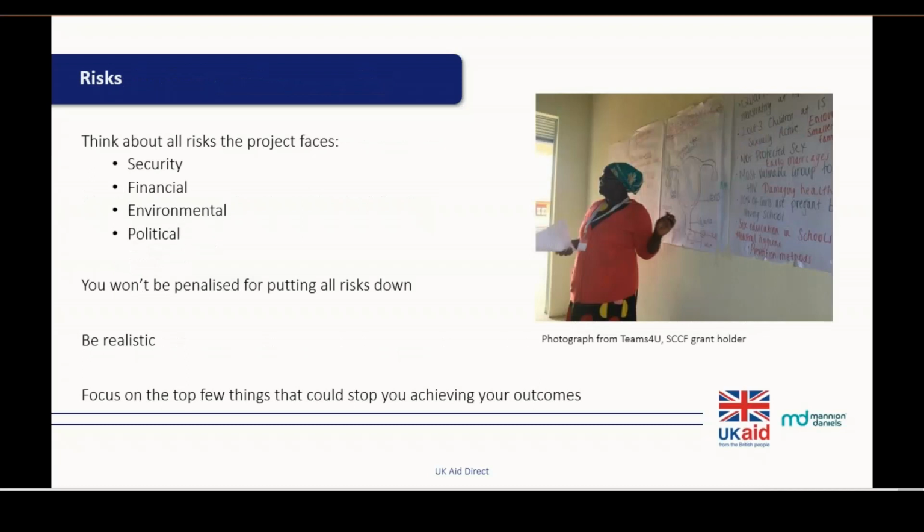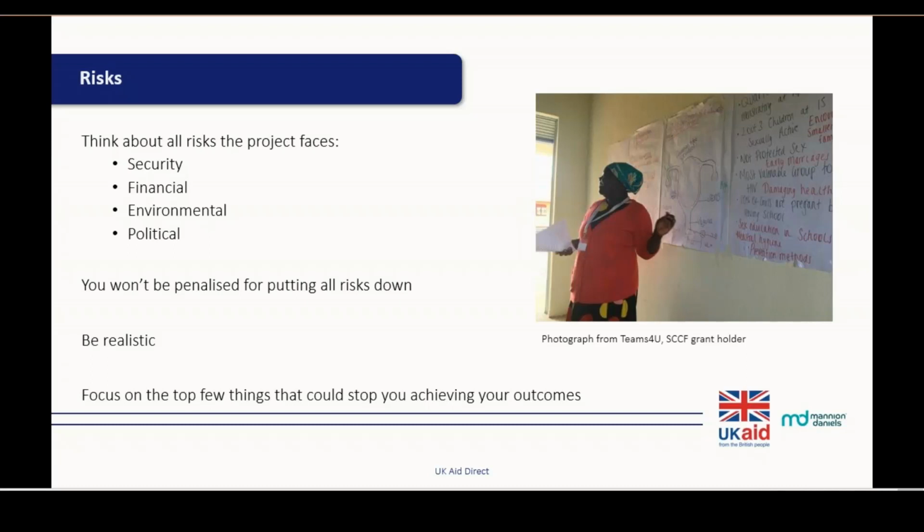In terms of risks, we often see and hear that organisations get quite nervous that if they are very honest about potential risks, or they outline all the possible risks, that they will essentially get penalised and perhaps we won't want to support their project. But it really is actually the opposite. Projects which consider and mitigate against all risks are stronger projects, and essentially it minimises the overall risk to that project, and this is something that is obviously very important to DFID.